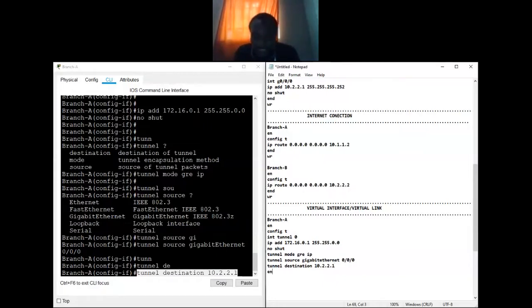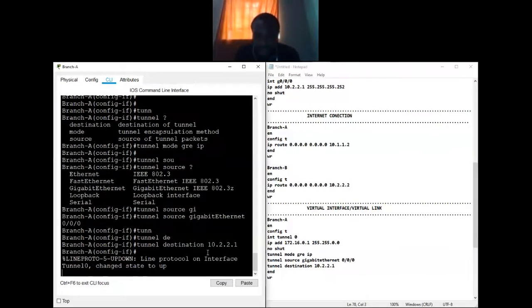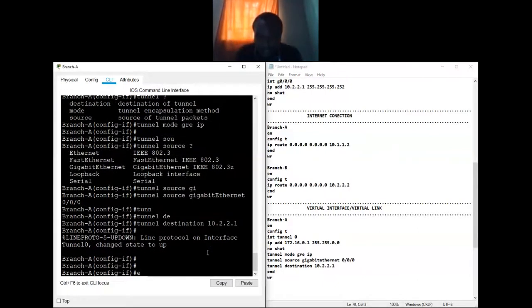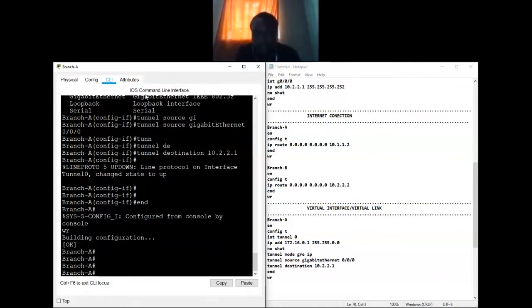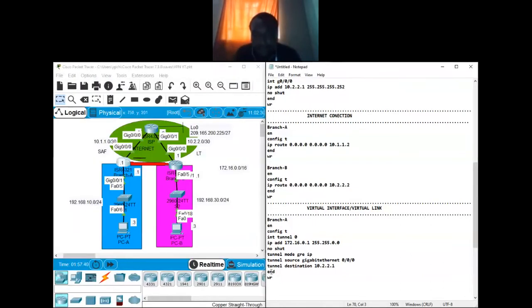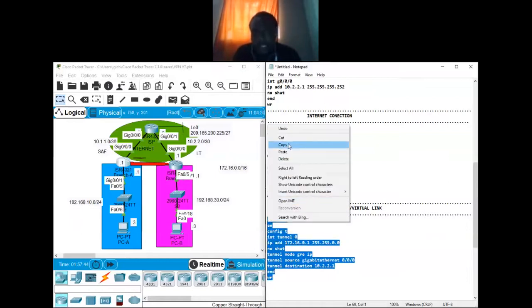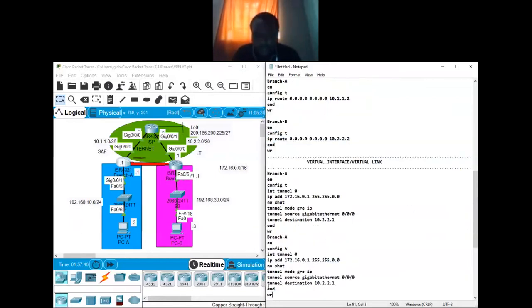After that, I can say end, and then I'll write. Remember, continuous save is very important. So I'll copy this information, with a little change because of the topology that I'm using. So here it will be tunnel 0, IP address dot 2, and then mode gre ip.